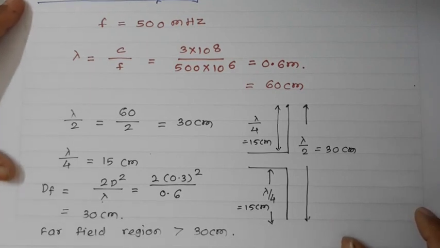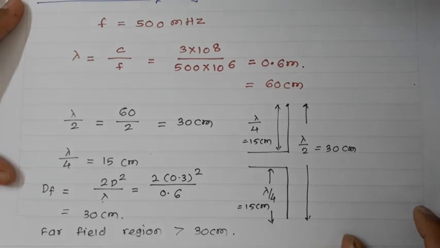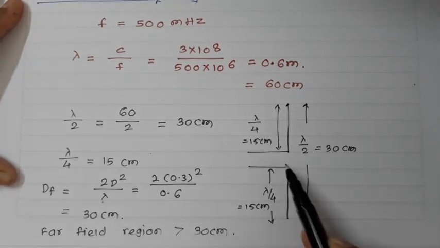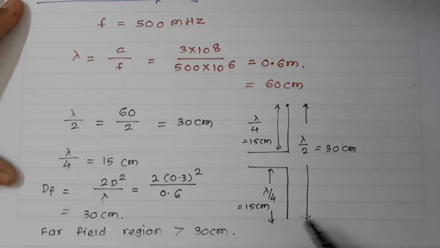So let us see what kind of characteristics this antenna gives. Right now our transmitting antenna is a dipole and the receiving antenna is the folded dipole, and in the middle of the practical we will change the transmitter and receiver. Then our transmitter antenna will be the folded dipole and the receiver will be the dipole antenna. So let us perform the experiment. Till now we have seen how to design the antennas when you know the wavelength of that particular frequency. Now we have designed the antennas for the wavelengths of lambda by 4, lambda by 2, lambda and 2 lambda. Here we have designed the antenna of lambda by 4 for 500 megahertz. So let us see the setup of this particular experiment.